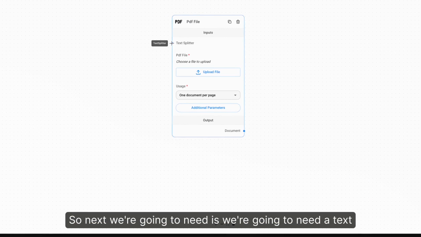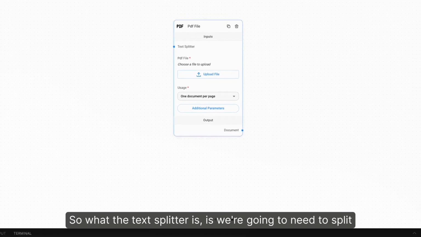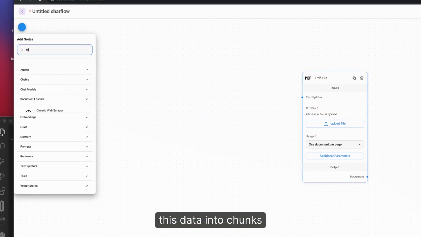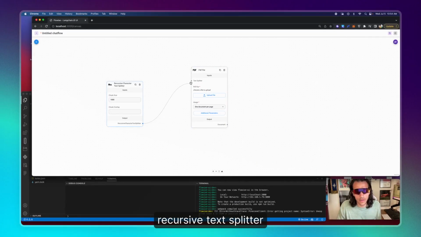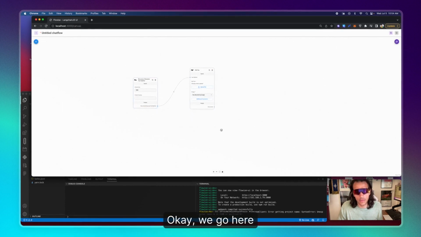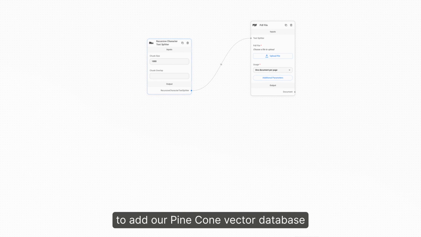So next we're going to need a text splitter, and this is going to output the document. What the text splitter is, we're going to need to split this data into chunks. Recursive text splitter. Okay, we go here. And then next what we're going to need to do is add our